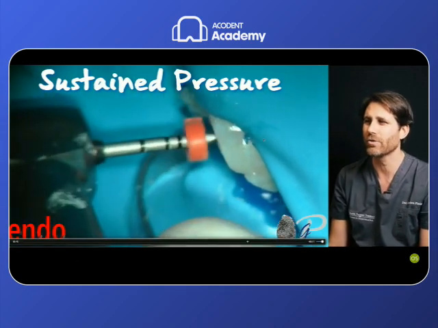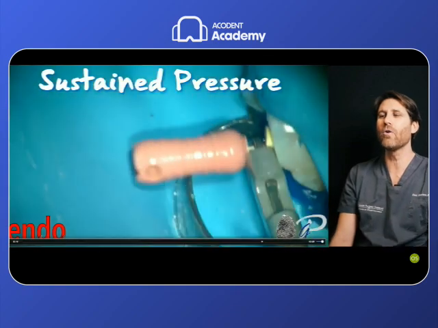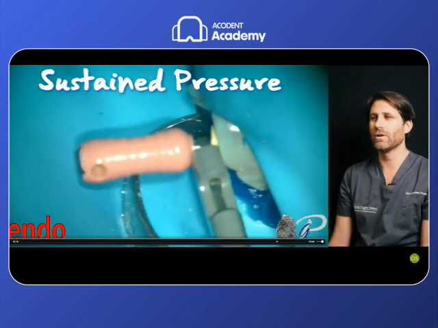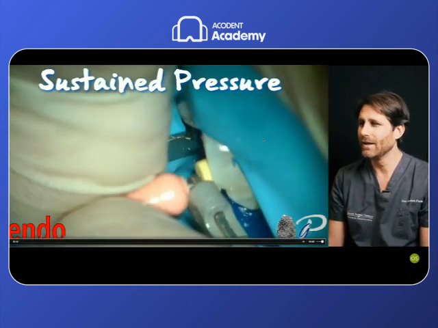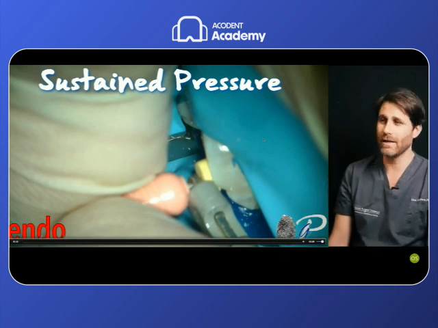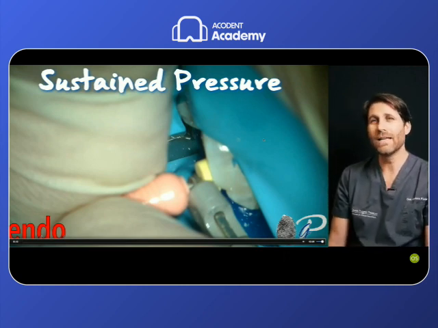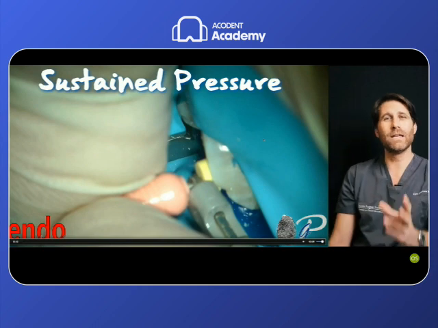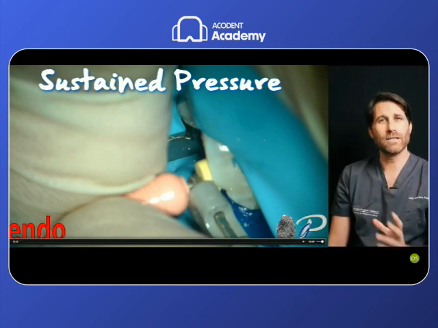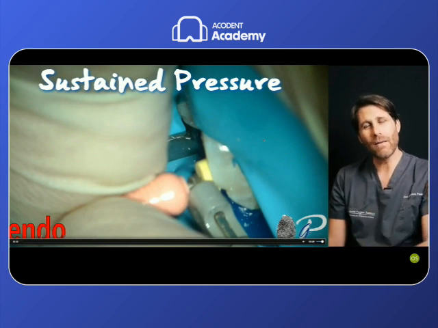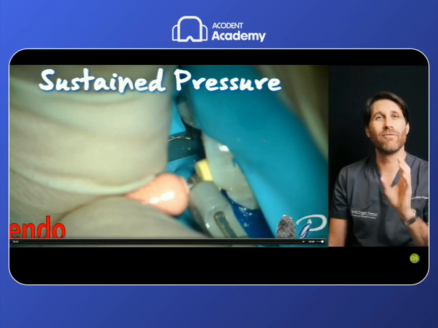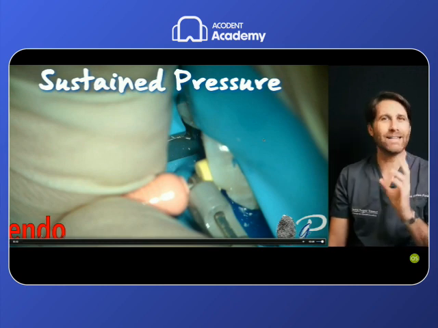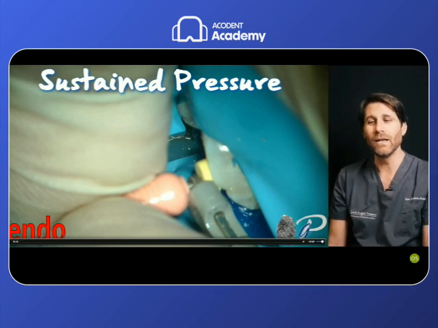The sustained pressure: go there, activate, push 1 second and go away to obtain the patency of this root canal, then confirmed with the size 6, size 8, size 10 stainless steel file. So the sustained pressure is a technique that goes beyond the indication by the manufacturer, started with the Reciproc 25 mm M-Wire and can also be performed with the Reciproc Blue, and honestly can be performed only with this file because this is the only file that has the characteristics to perform this technique to scout the unscoutable root canals in the apical third.